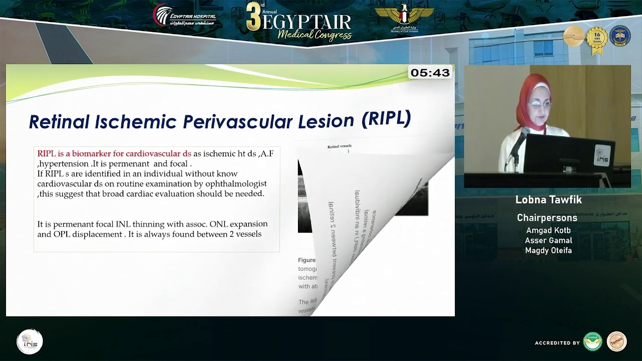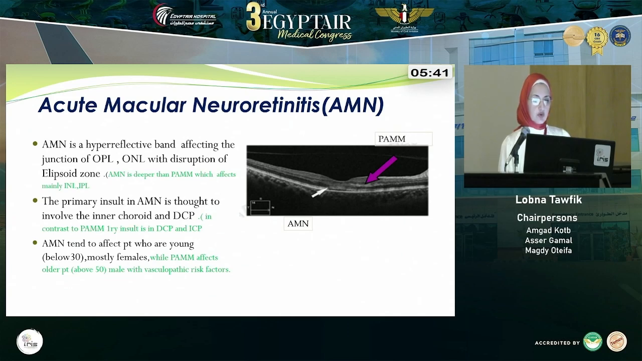Acute macular neuroretinitis, AMN. AMN is a hyperreflective band affecting the junction of the outer plexiform and outer nuclear layers, with disruption of the ellipsoid zone. In comparison, it is deeper than PAM, which affects mainly the inner nuclear and inner plexiform layers. The primary insult in AMN is thought to involve the inner choroid and deep capillary plexus. In contrast to PAM, whose primary insult is in the deep capillary plexus and intermediate capillary plexus. AMN tends to affect younger patients, below 30, mostly females, while PAM affects older patients above 50, mostly male,